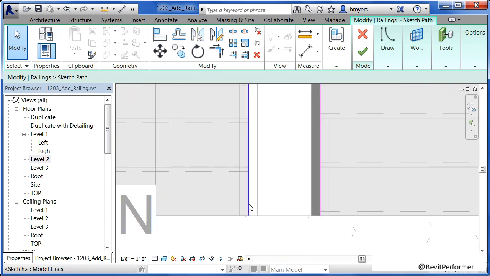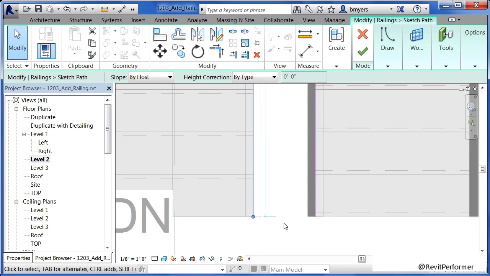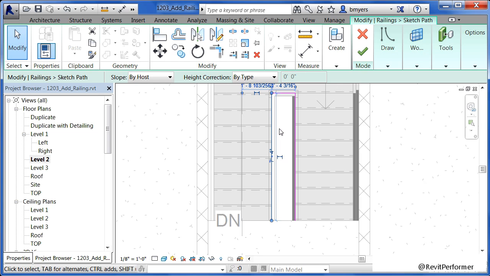This next part is key. Something you may have learned from Revit already is the ability to select on a line and then drag the line out by clicking on the grips. The problem is if you do that with a railing that's sloping down, like this one is, going down a staircase, it'll continue its slope on up if you drag it out in this direction. We don't want it to continue the slope.